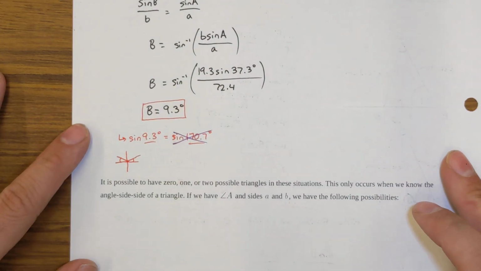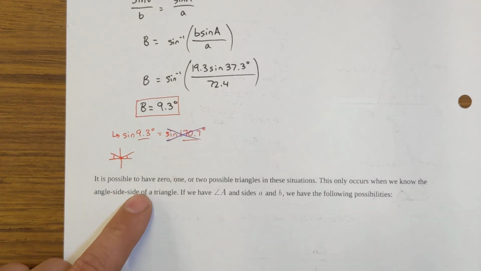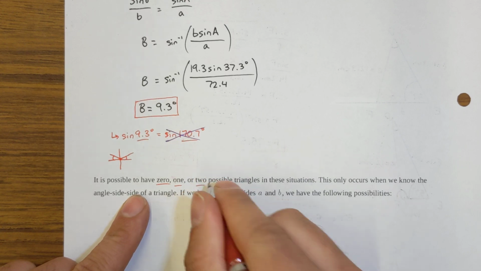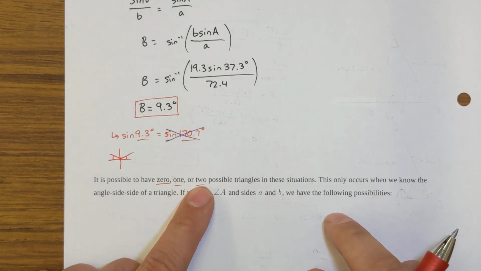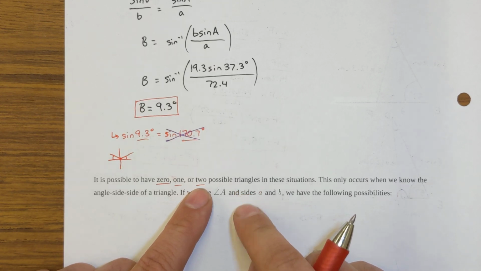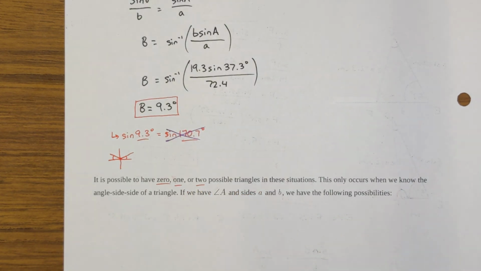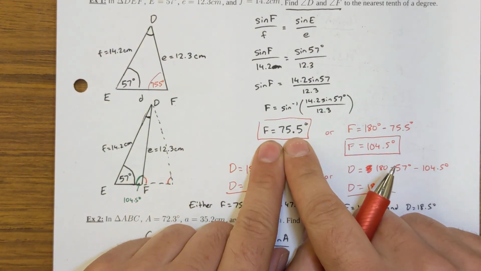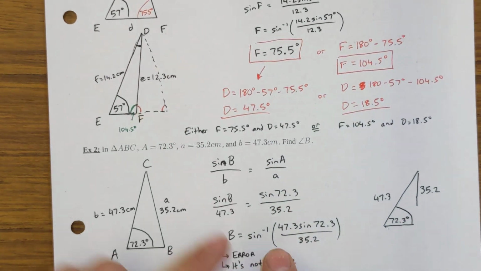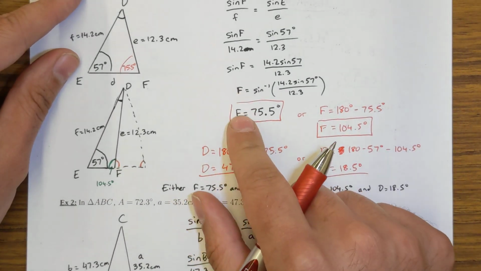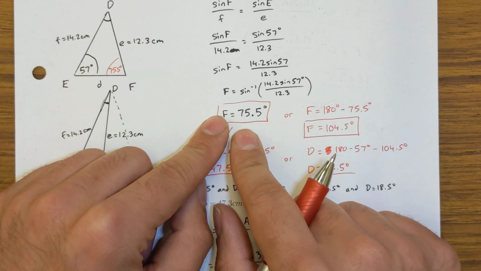So it turns out there's three possibilities. We could have zero angles, one possible angle, or two possible angles in these triangles. So to decipher which scenario we have, we want to go about it normally, see if we get an answer, because when we have zero possible triangles, we get a math error. And if we have an answer, check